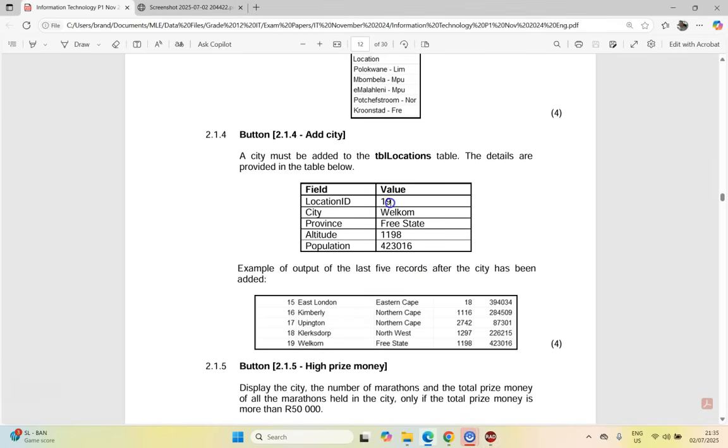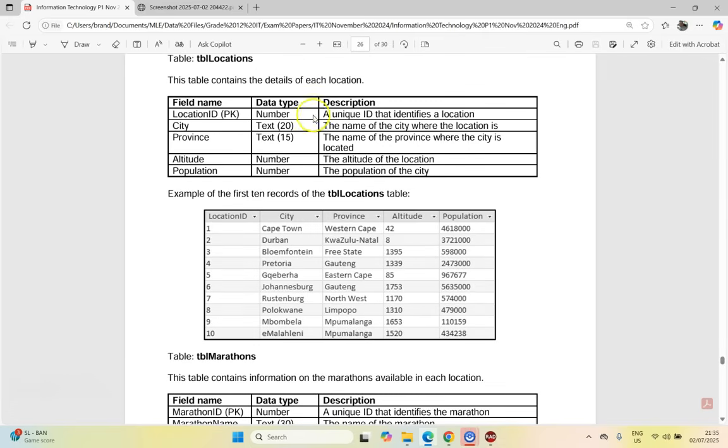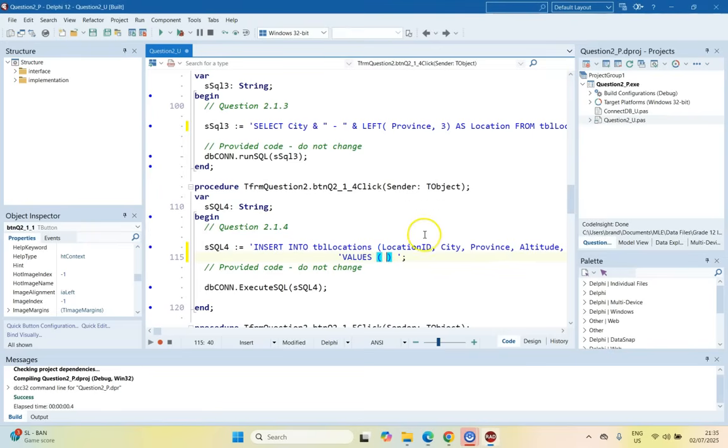So now we need to make sure that we get the values in the correct format. So I'm going to scroll down to the description over here, and here we can see it's number, text, text, number, number. So we must make sure our text has double quotes around it, our numbers are like they are, and dates normally have hashes around them. Those are the 3 rules. So we're going to put in the number 19, which we can leave as is. Now we're going to put in the text welcome, which we put in double quotes, and we separate our fields by commas. Then we're going to put in free state,